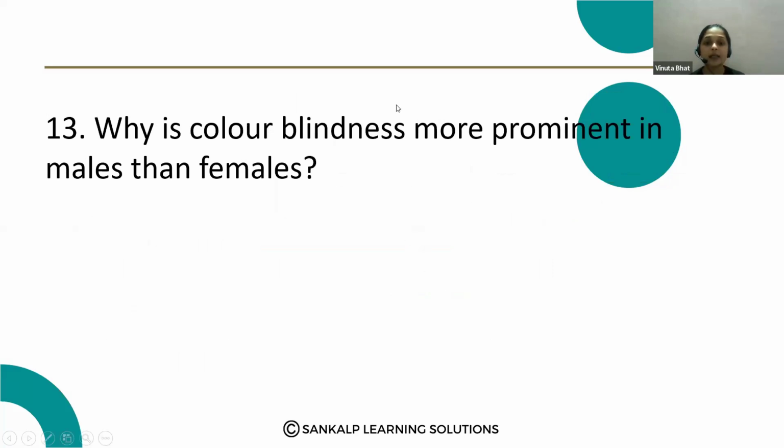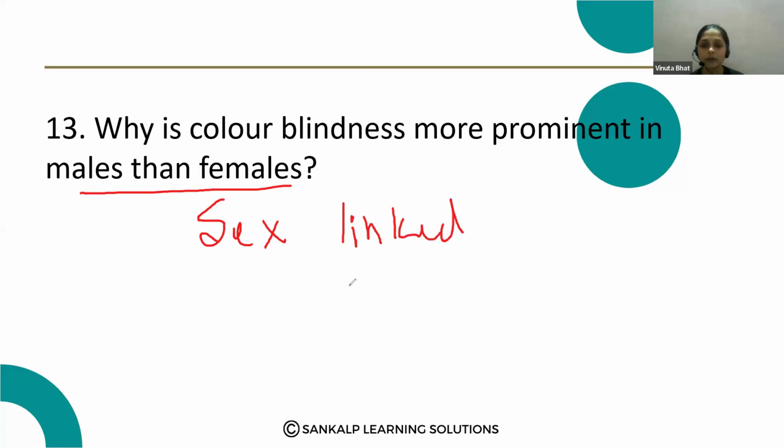Why is color blindness more prominent in males than females? You have to explain this. Color blindness is sex-linked. It is a sex-linked recessive disorder. Here, it is related to the X chromosome. In males, only one X chromosome is there. So if the gene present in the X chromosome is defective,